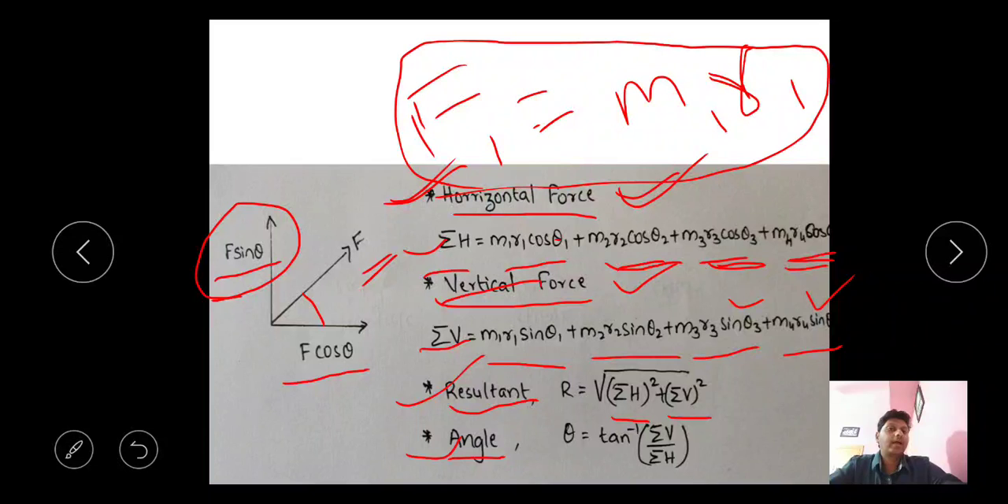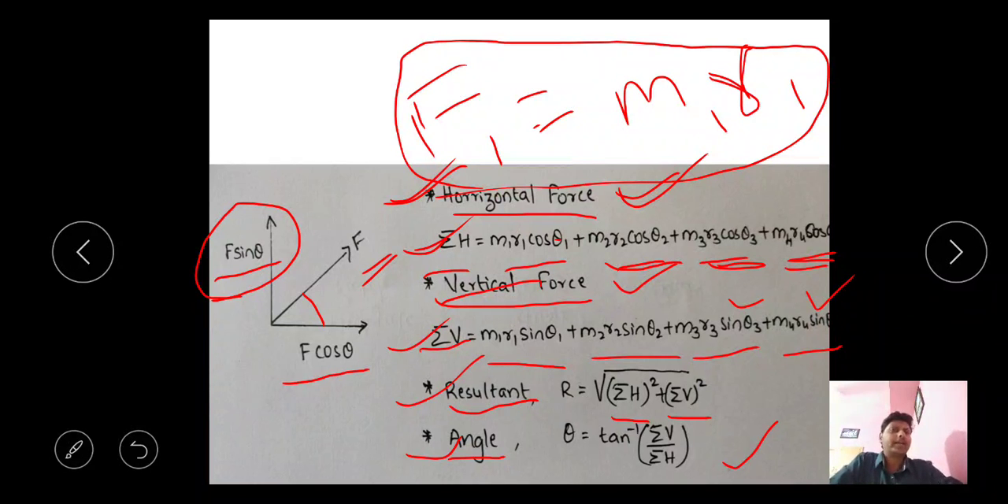For finding the angle, you have to take theta equal to tan inverse of delta V by delta H. What is delta V? Vertical force. What is delta H? Horizontal force. So we are finding the horizontal force and the vertical force. Don't worry, you might be a little confused here, but when you solve one or two problems, you will easily understand the whole procedure. So here you just have to remember the horizontal force,